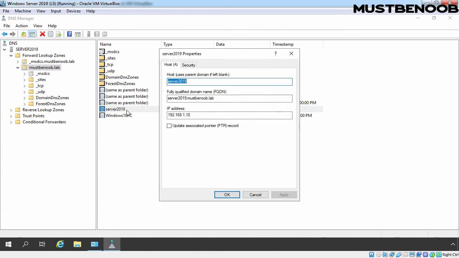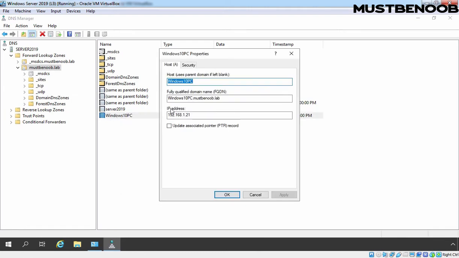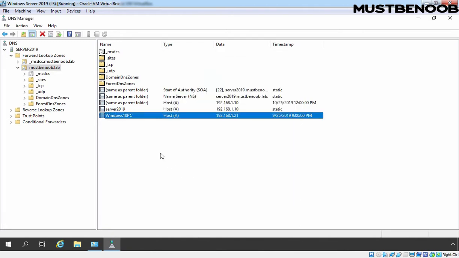This record maps the FQDN server2019.mustbenoob.lab to the IP address 192.168.1.10. We have another host record for our Windows 10 client computer, which is mapping the FQDN windows10pc.mustbenoob.lab to the IP address 192.168.1.21. These records are created automatically based on Active Directory.